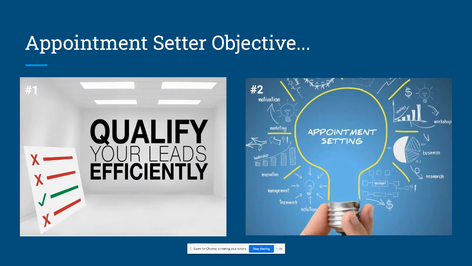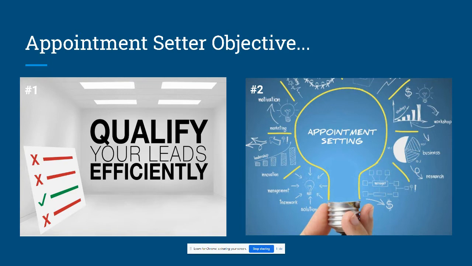First off, as an appointment setter, your objective is to qualify the leads and set the appointment, okay? That is really your only objective. So you don't need to worry about forming a real tight bond with these customers, trying to figure out all about their life, who their kids are, who their family is, when their birthday is, right? None of that is effective because your one and only goal is to identify, hey, do you have insurance now? You do or you don't? And whether or not they'd like to speak with somebody and get up-to-date information and a live quote according to their specific needs for affordable coverage.